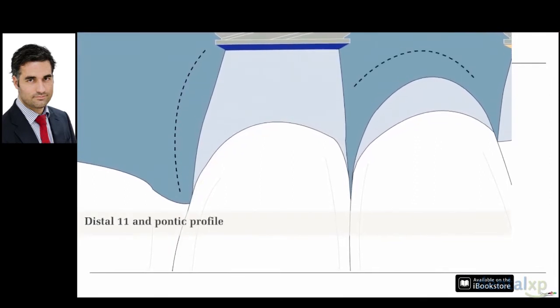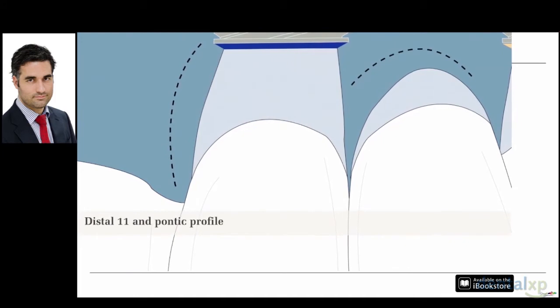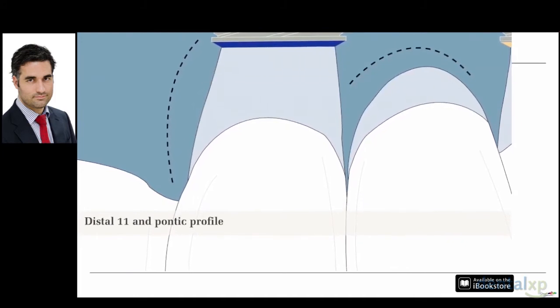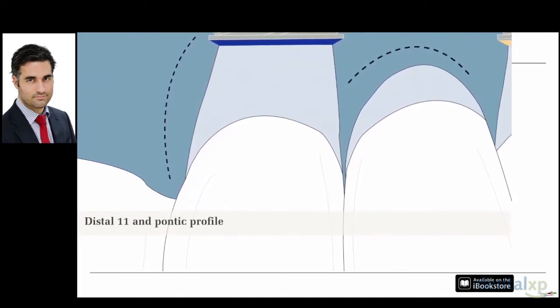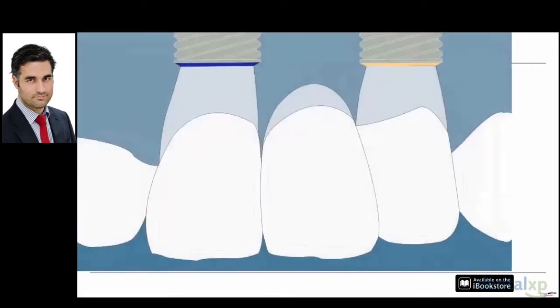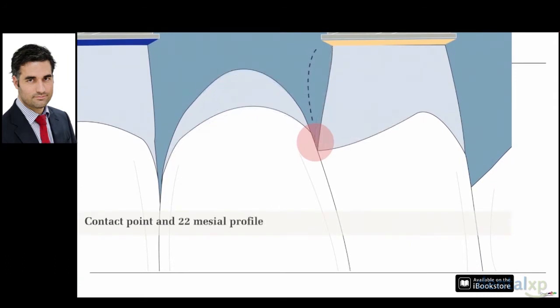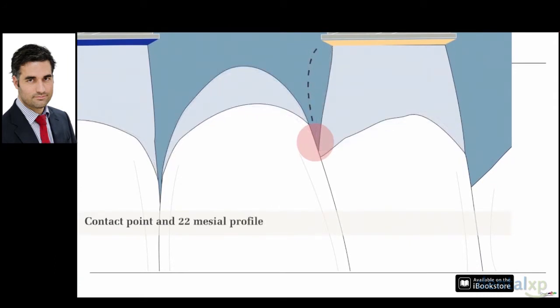As you can see, I changed the pontic, I changed the distal of the central incisor. Also in the lateral, I can change the contact point because it was lower. I can go up and place this contact point in a more coronal position, because I know from the articles